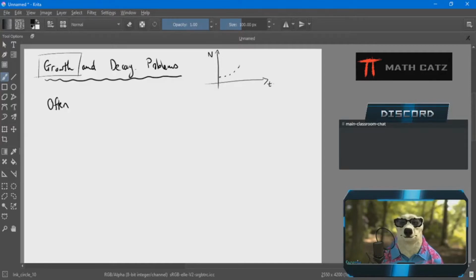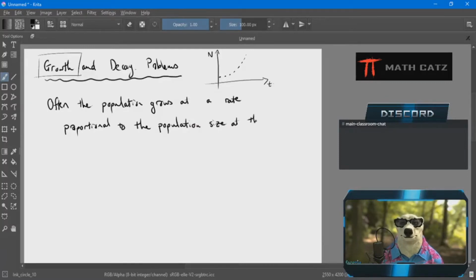And if you track that over time, what people have found is the growth rate, let me write it like this: the population grows at a rate proportional to the population size